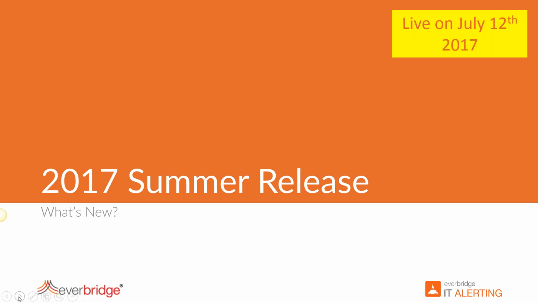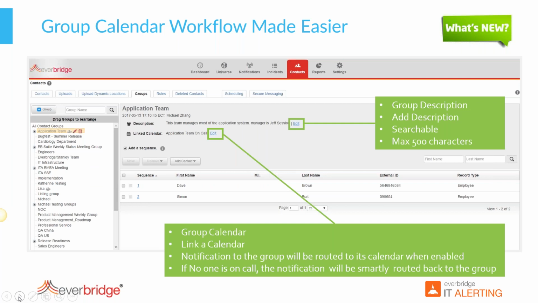In the past, we had to create rules, what we call incident rules, so that we could link different calendars to different incidents. What you'll see is with the summer release, we make this much easier. Again, the idea is let's make sure that we don't have to configure rules to link a calendar with the corresponding team. So when you open now your group section in the product, you'll see that you